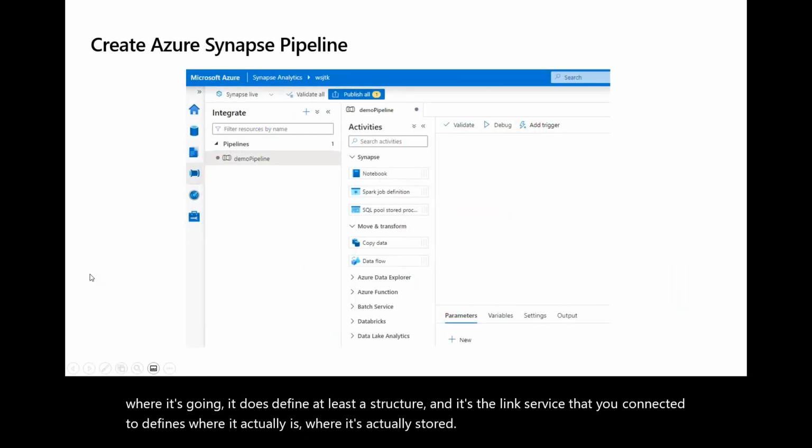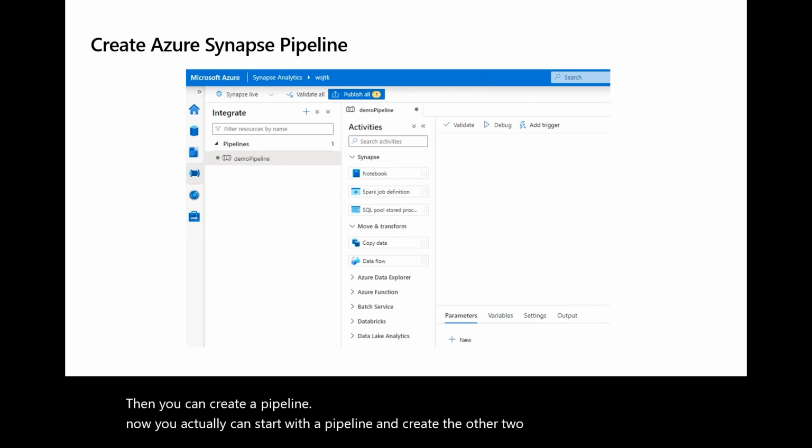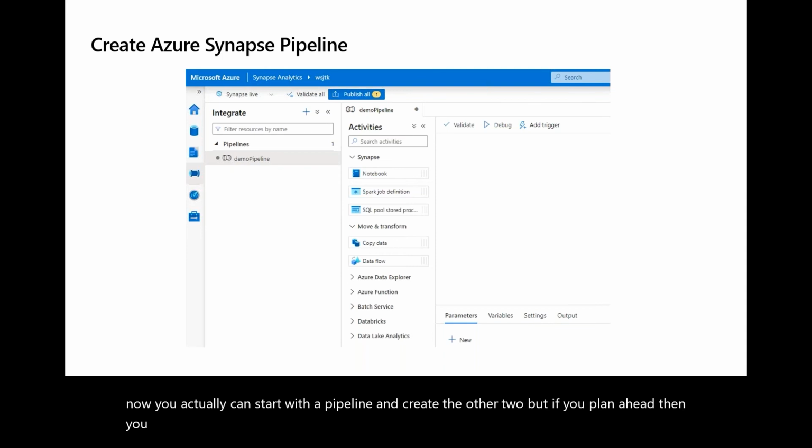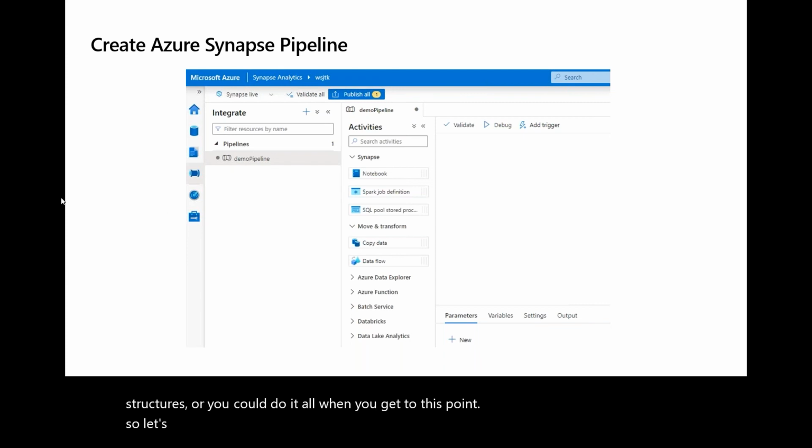Then you can create a pipeline. Now you actually can start with a pipeline and create the other two, but if you plan ahead, then you know you're going to need certain linked services, you're going to need certain dataset structures, or you can do it all when you get to this point. So let's go back into